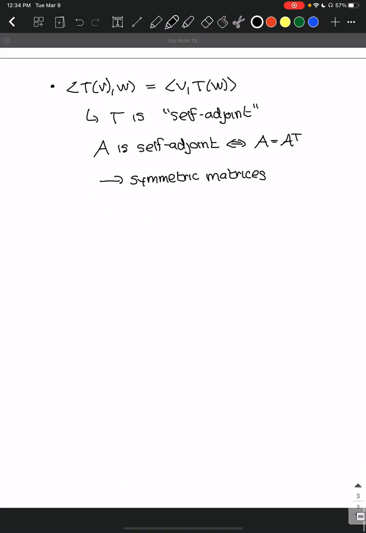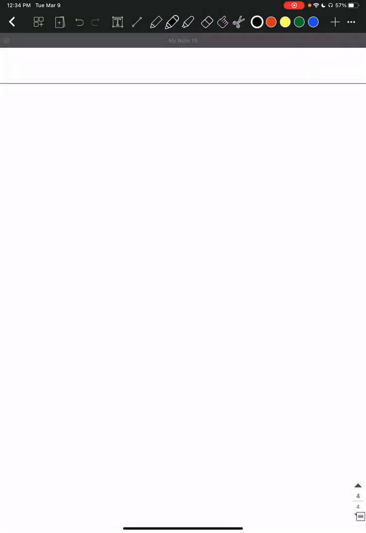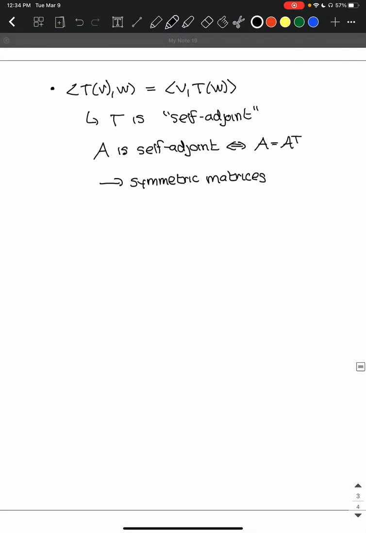Okay, so we have a whole bunch of facts that we can list out for why we like these. Let's start with some interesting ones about the null space and the image. This one's really cool, in my opinion. So if I have a vector V in my null space